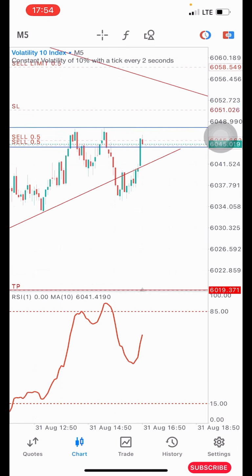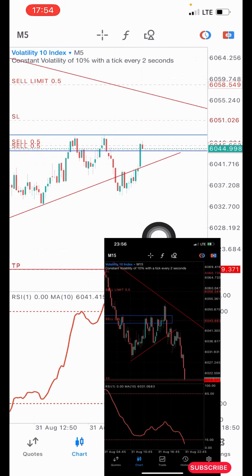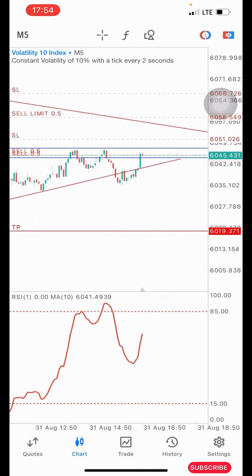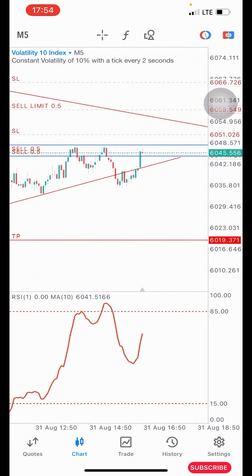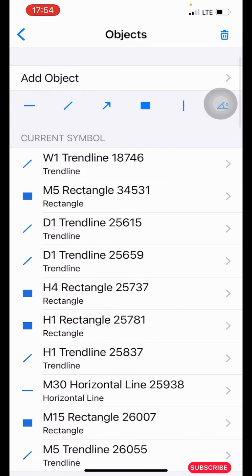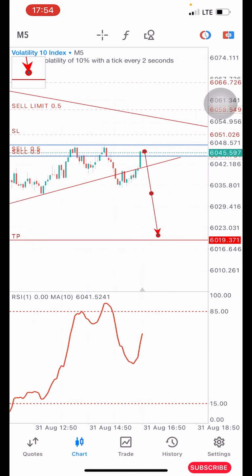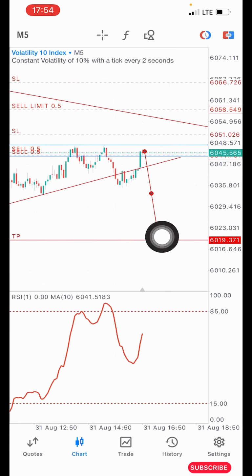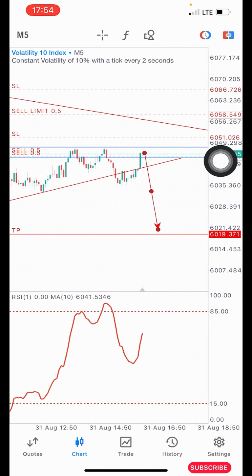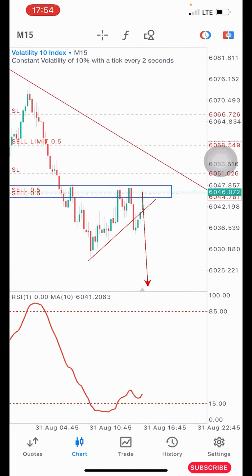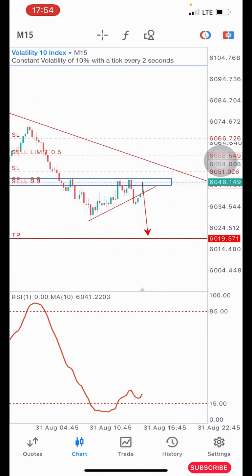Now I'm expecting price to sell from this area down to my area of TP here, and my stop loss is above this area. So here on the 5-minute time frame, this is my plan of action. I want to sell from this place down to my TP area here, which is the next support and resistance zone. And if price fails, I'll wait for it to break above our trend line here,